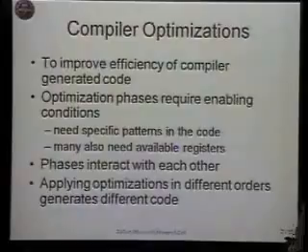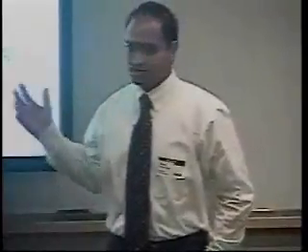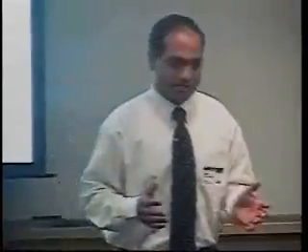So we have observed that optimization phases frequently interact with each other by creating and destroying the enabling conditions for other optimization phases. As a result, changing the ordering of applying optimization phases has a potential of producing different code. For example, if you have three optimization phases A, B, and C, then applying them in the order A, B, C as opposed to the order B, C, A can produce different code and which can have different performances. Therefore, in high-performance libraries or for embedded systems, it is an important task to find the best ordering of applying the optimization phases so that the best code can be produced in each case.